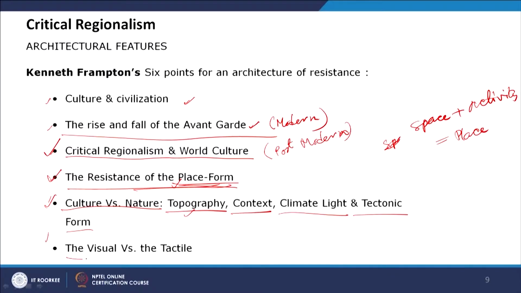earth, like the tectonic form was taken as an inspiration in Christopher Charles Benninger's design in Pune. The visual and tactile: it's not just visual, it's also tactile. For example, stone gives a tactile form, like the use of grass, stone and different materials. It's not just visual, it's also tactile. Or the haptics, the sense of touch, will also evoke this contextual connection.